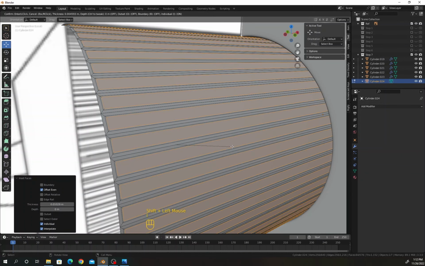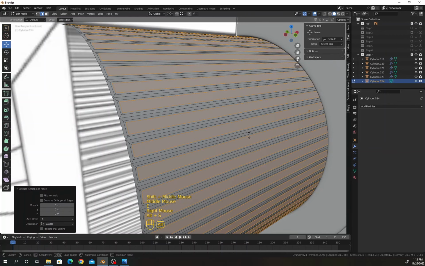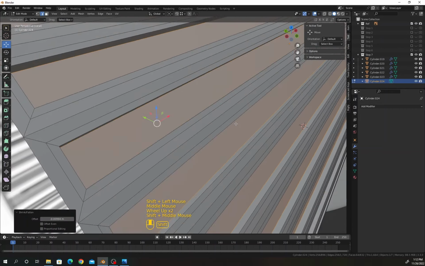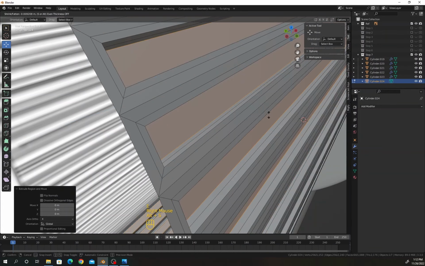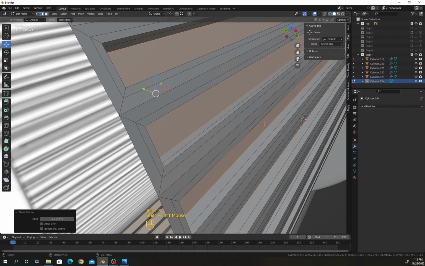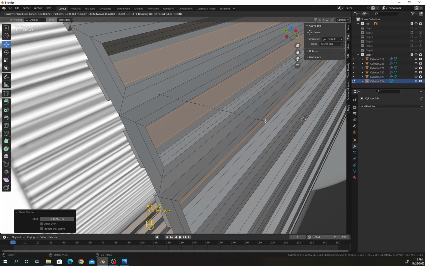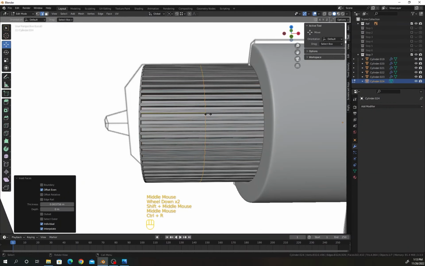press I one more time, then press E, right click, press Alt S so it will move along normals. Press E one more time, press Alt S, then press E one more time, Alt S and I. Okay. Press Ctrl R to place an edge loop here,